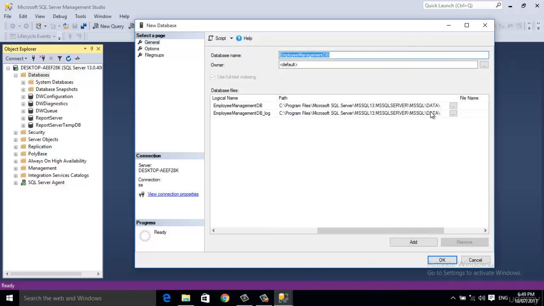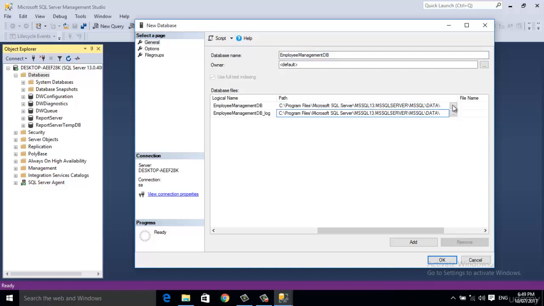Here is the file, here is the path of the file. Currently Microsoft SQL Server has provided the default location where database files will be created. If you want to change it, you are free to do so.